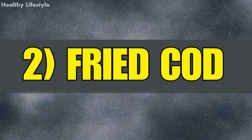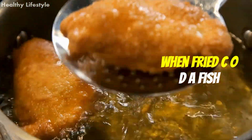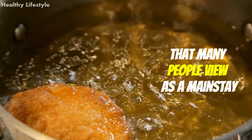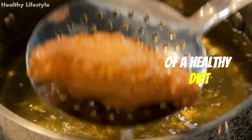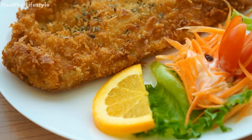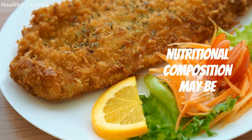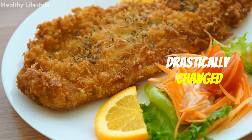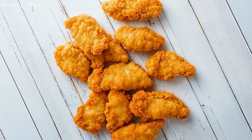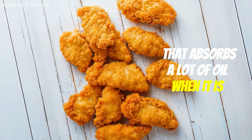2. Fried cod. Doesn't that sound contradictory? When fried, cod, a fish that many people view as a mainstay of a healthy diet, particularly in Mediterranean diets, becomes less nutritious. Fried fish is a well-known illustration of how a food's nutritional composition may be drastically changed by its cooking method. Cod is a low-calorie, high-protein fish that absorbs a lot of oil when it is fried, making